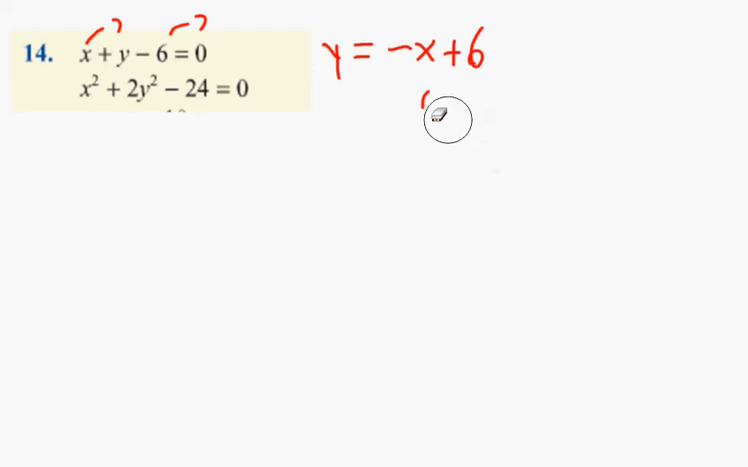Okay, now that's done, we got to substitute. Anywhere we see a y, we get rid of it. Is that right? Good. Anywhere we have a y, we get rid of it. So x squared plus 2 times